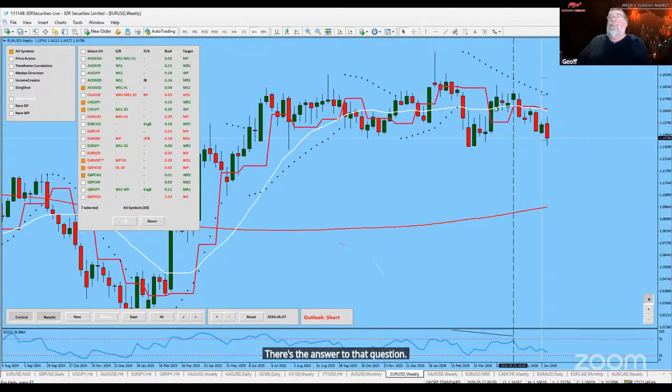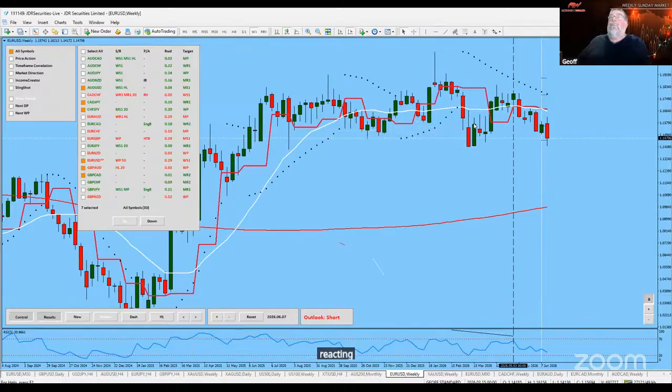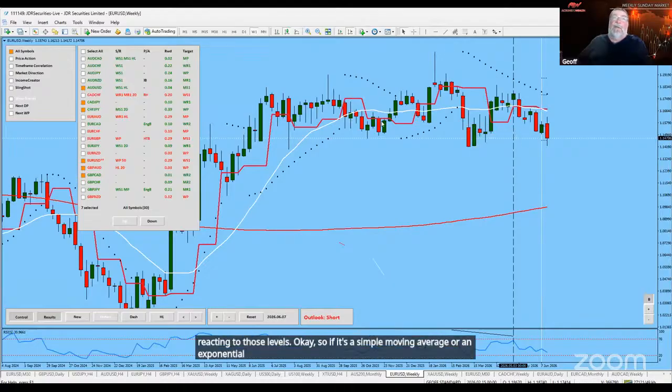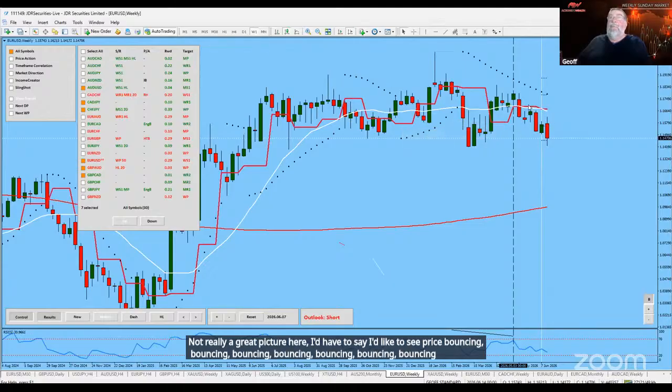Why is it a simple moving average? At the end of the day, a moving average, as I said, I don't use them to trade, but what I do like to see is price reacting to those levels. If it's a simple moving average or an exponential moving average, I don't really care as long as price is doing something off it. It's not really a great picture here, I'd have to say. I'd like to see price bouncing, bouncing, bouncing. Certainly, we've got a range here where the moving average is holding everything, but